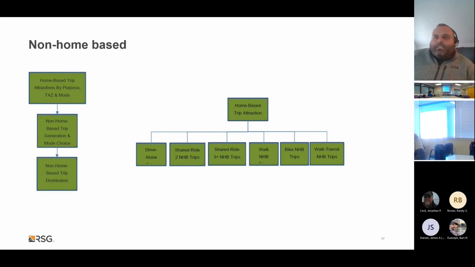In simpler models, you would essentially just calculate a non-home-based trip rate. And so if you were to compute where your non-home-based trips are and then compare it to where your home-based trip ends are, they wouldn't be connected together. This essentially links those together, which is a novel approach that has only been done, I think, for probably about 7 years in travel demand modeling.